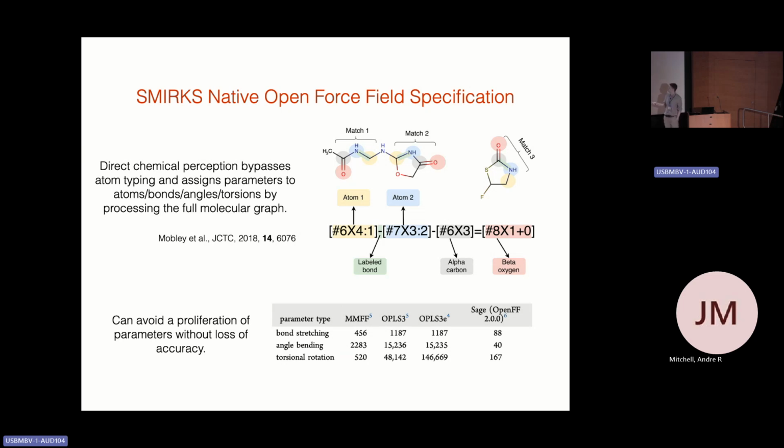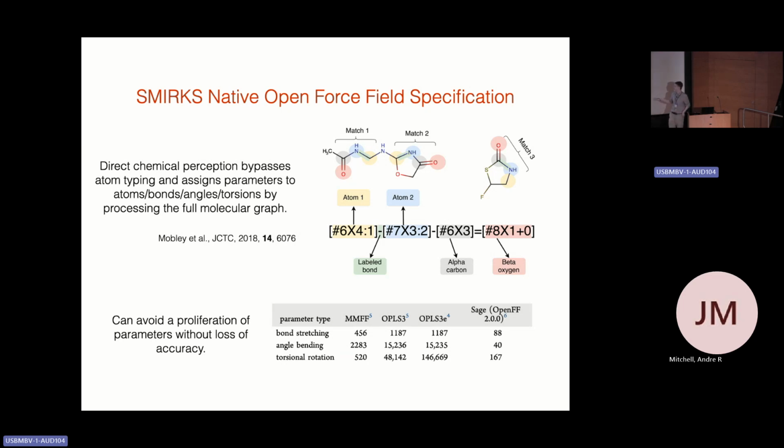So shown on the right here is an example from this paper, assigning a bond between a carbon atom here and a nitrogen atom here, but not just any nitrogen atom, it's a nitrogen atom that's also bonded to another carbon and another oxygen. So the details are not too important, but what this all means is that it avoids the proliferation of force field parameters which inherently come with atom typing, and all this without a loss